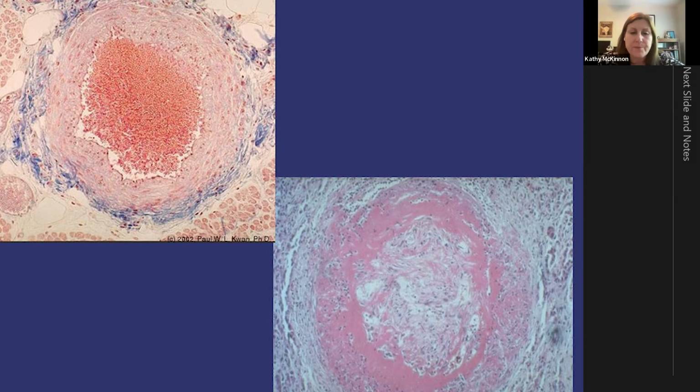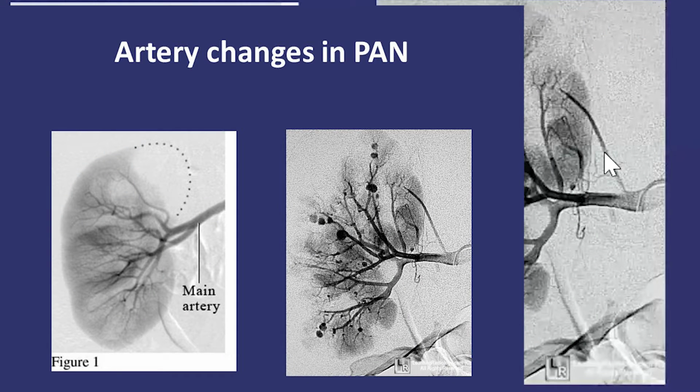And this is an angiogram looking at the kidney. You can see in the picture on the left, this is a very nice straight artery where the line points, and you can see rather straight looking branches going out into the kidney itself. The angiogram on the right shows a kidney of a patient who has PAN, and you can see what look like bubbles or circles in the arteries. These are aneurysms that have developed from inflammation in the arteries of the kidney.